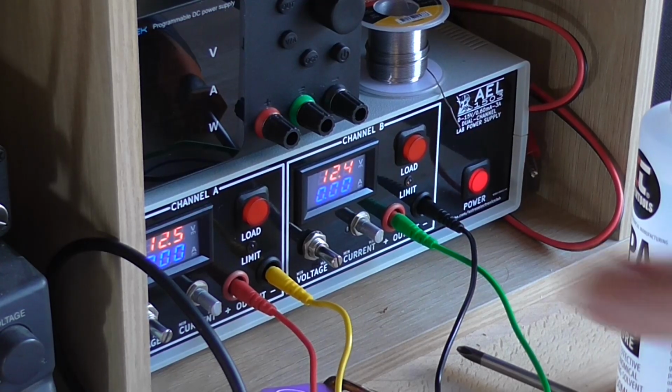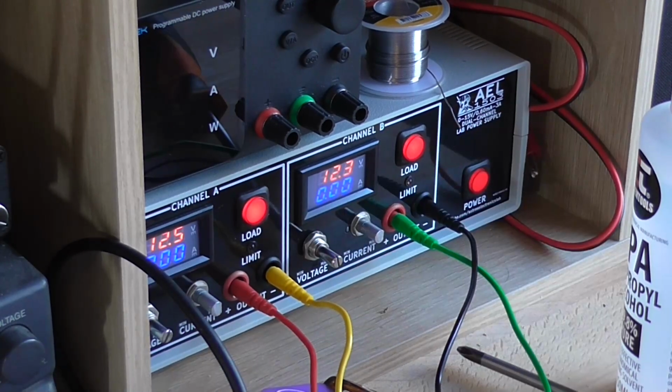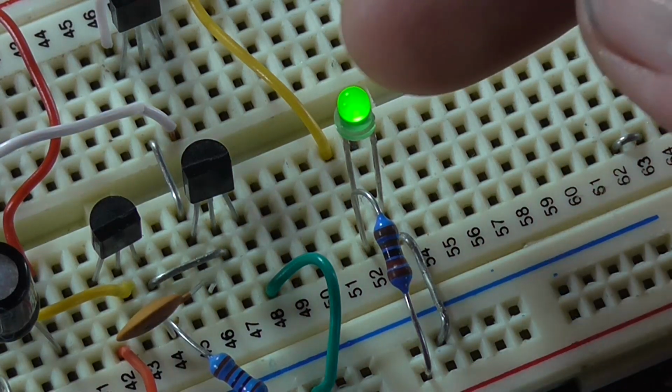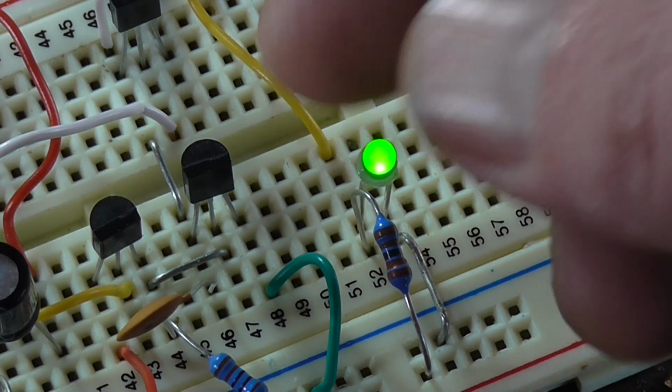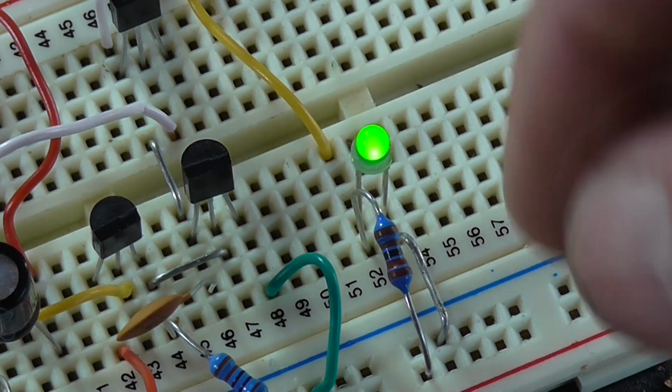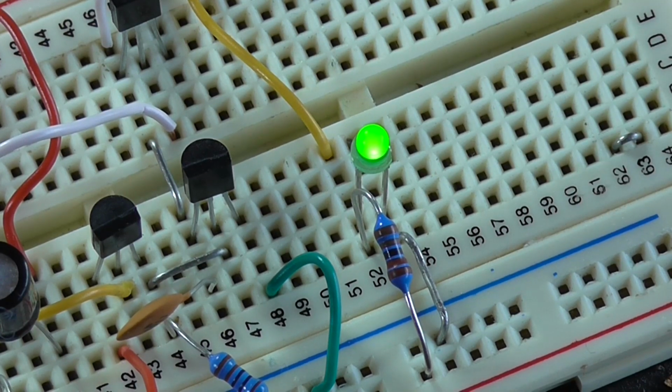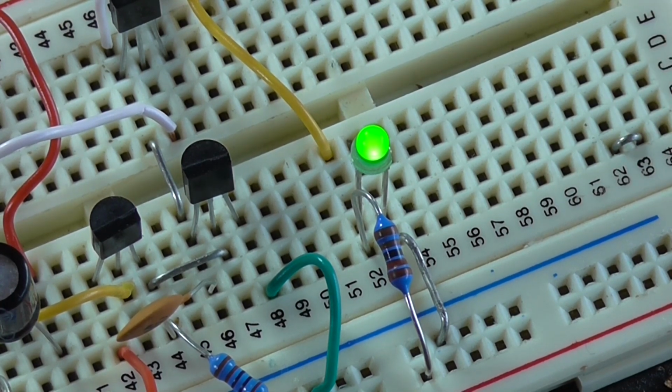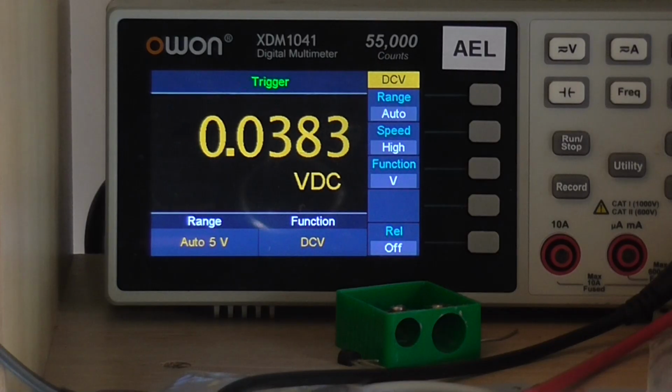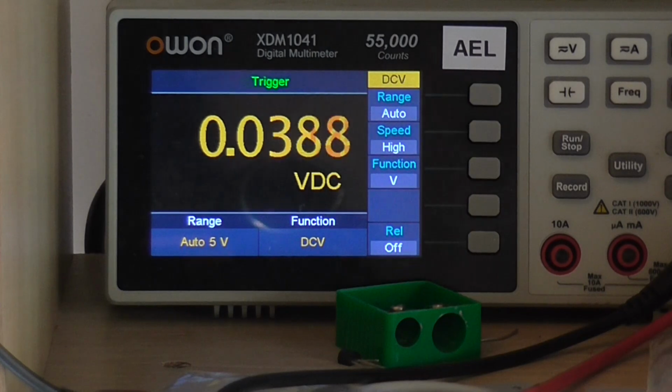So I'll turn the circuit on. No unusual current draw. LED is illuminated, so that looks pretty cool. You could use that as a power indicator as well, but it is an important part of the circuit, and don't change the color as I already stated. Looking at the output, we've got about 40 millivolts there. It's a little high, but that could also be due to the layout on the breadboard as well, and of